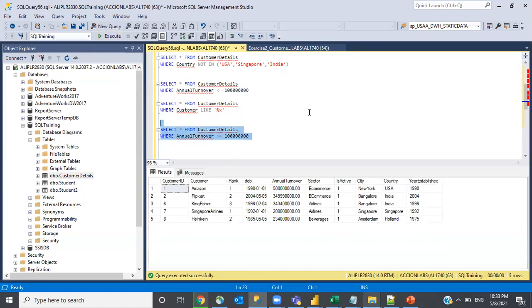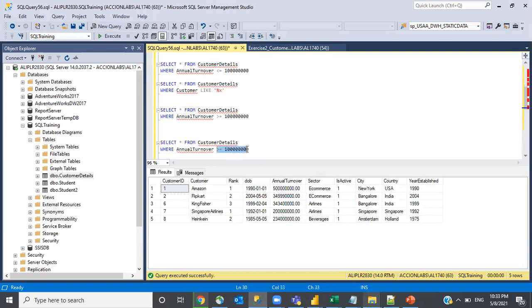Suppose we have a requirement, let's say you need to display the records where your annual turnover should be between 100 millions and then 200 millions. You need to show only those records which have more than 100 millions and then less than 300 millions. Now in this kind of scenario, what can we write?